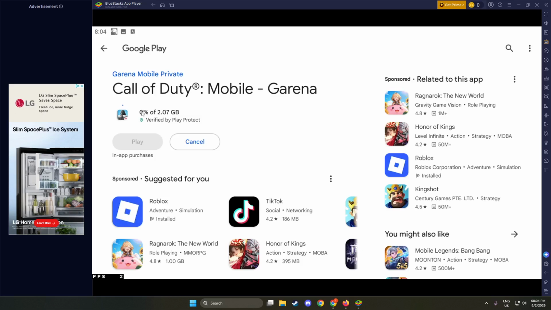From there, search for Call of Duty Mobile. Go to the search bar at the top of the Play Store window and type Call of Duty Mobile in full. As you type, suggestions may drop down, but choose the main game entry with the familiar Call of Duty icon. On the game page, you can confirm it by checking the large banner image and the Install button on the right side. Now click Install.